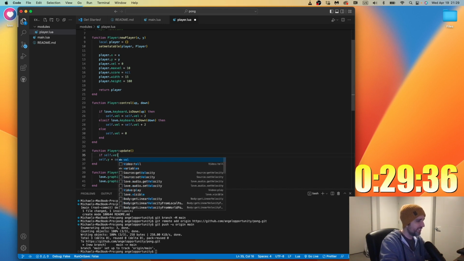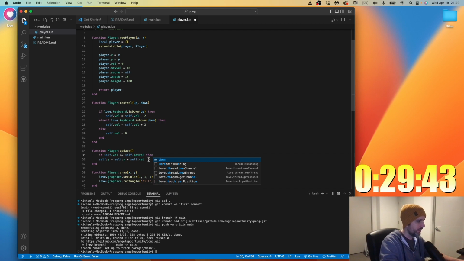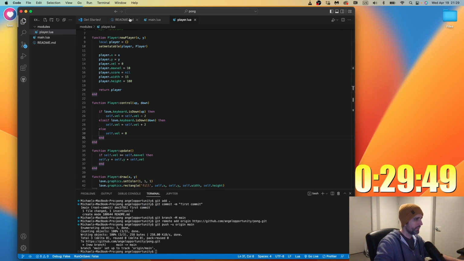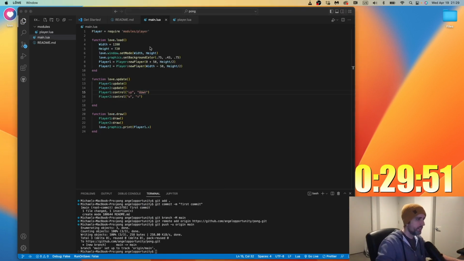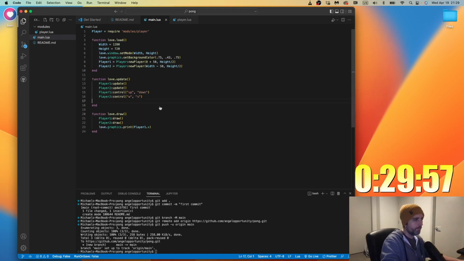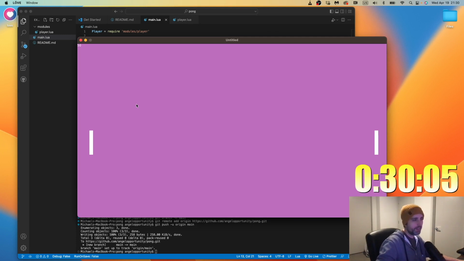If self.velocity is less than or equal to self.maxvel, then do this. Okay, that doesn't work. Yeah, because it prevents it from going up, right? If you think about it, I can't go up now, I can only go down.